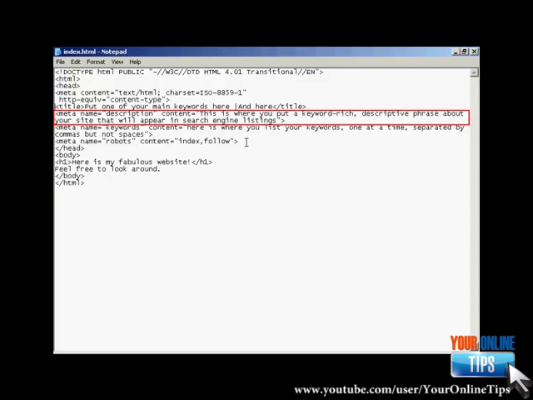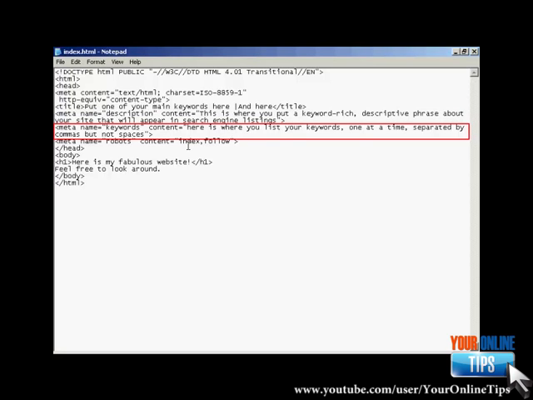And just like with the title tag, you need to have something that will catch people's eyes when they're going through the listings in Google or the other search engines. The same thing applies here. You want to make sure that it's something that will attract the attention of someone who is looking through a search engine listing. The one after that, this next one here, is probably the most important meta tag, and that's